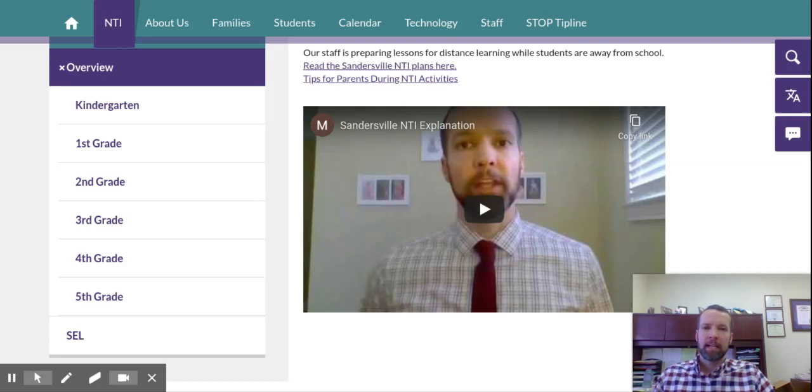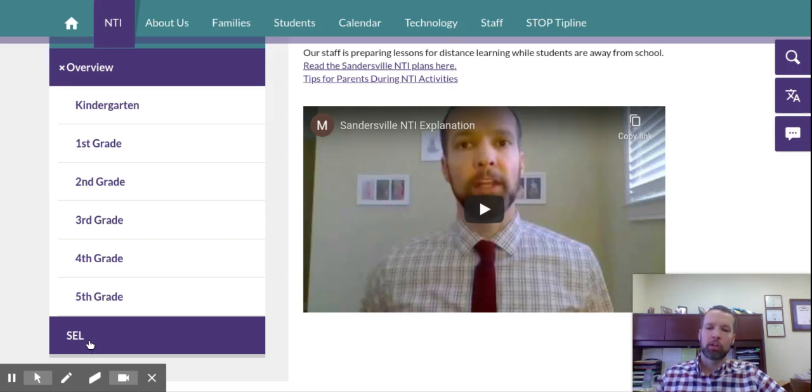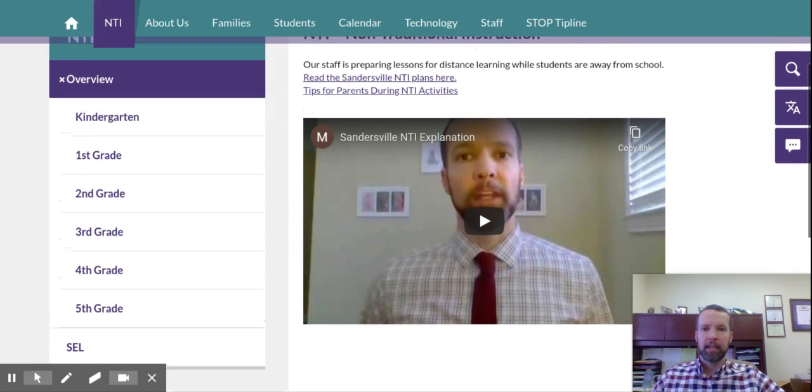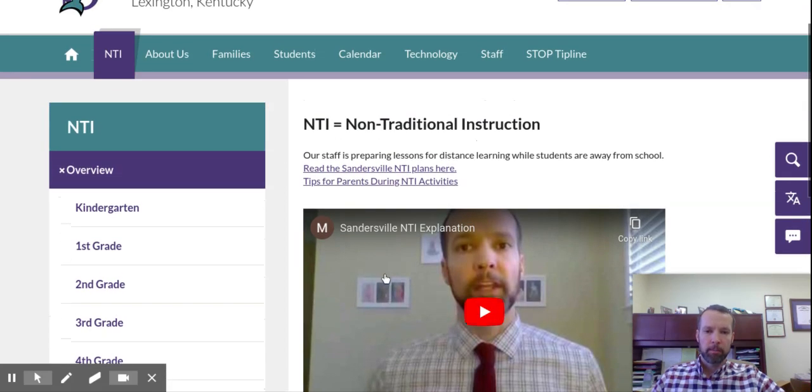One thing that we made an additional tab that I want to point out at the bottom is our social and emotional learning tab. There are 4 activities in there for each of our 4 NTI weeks, but you only need to do one activity, or your student only needs to do one activity per week. So for example, if you have a kindergarten student, you'll click on the kindergarten tab within SEL, and for the first week, you'll just do the first activity. So if there's a day that seems lighter than others, you can go ahead and have your student do it that day.